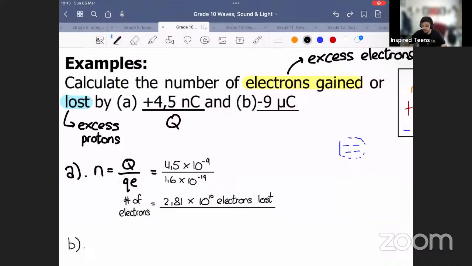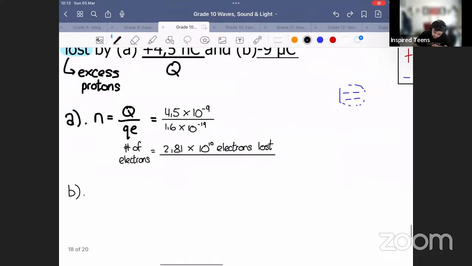Correct. It had to have gained electrons to have those extra negative charges. So in that particular case, what we do is N is equal to Q over Qe,